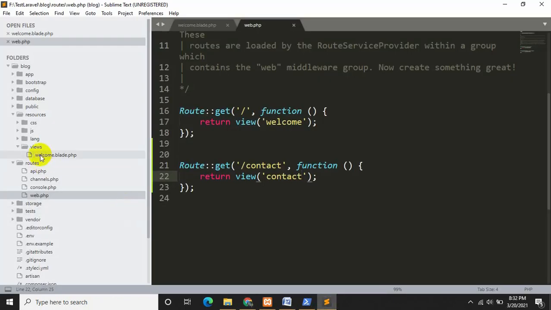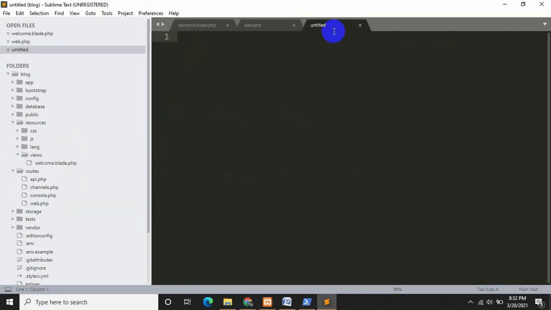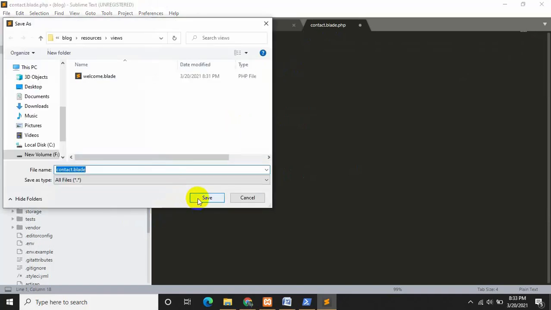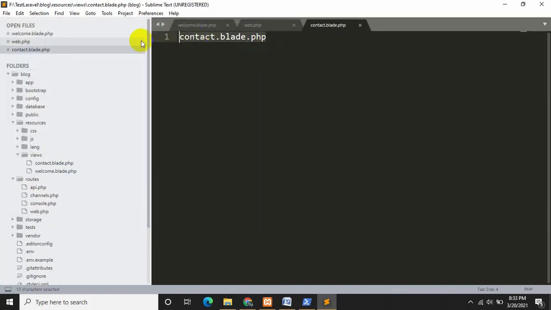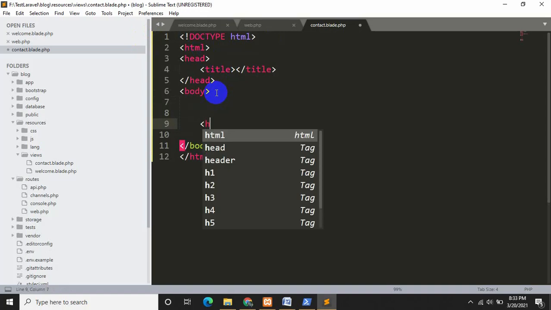So we will go to our code and over here click views and then right click on the mouse and then click new file. Okay, we will write over here contact.blade.php. Let's save it, Ctrl S, then save, and let's say over here just normal HTML, and inside body we will say h1.